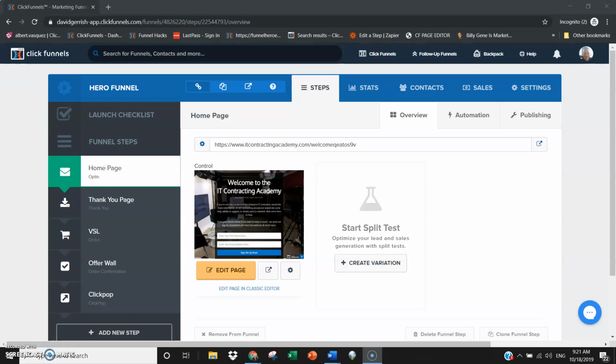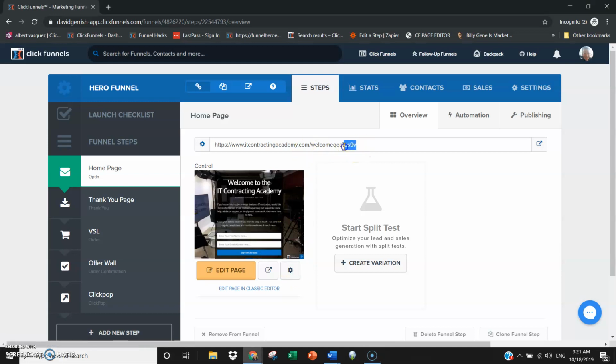So I think what you're trying to get at here is you're just using some different verbiage. What I think you're trying to get at is that this page here, or one of these pages here, is not showing up as the one you want it to, right? So typically what happens is if you have any copies of any pages or funnel steps that you may have archived or that you have in another funnel,